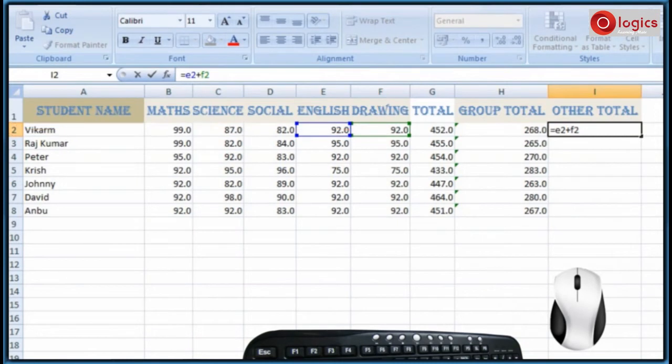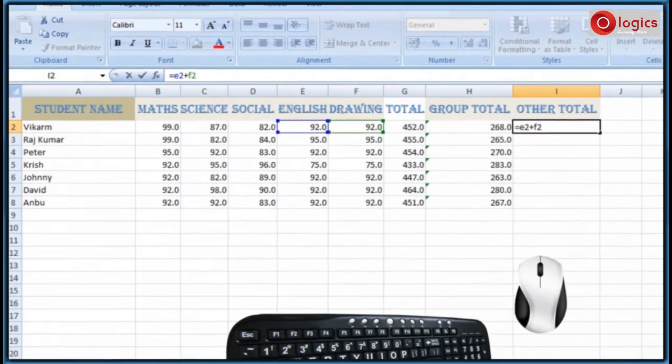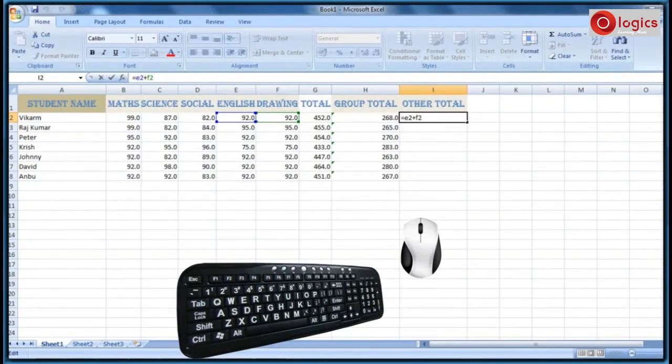Here I have only two cells to add, so I am using the plus operator to get the sum of the two cells. Here the formula is equal to E2 plus F2. Press enter to get the result. You can add any two cells on the spreadsheet using this simple method, is equal to first cell plus second cell. That's it.